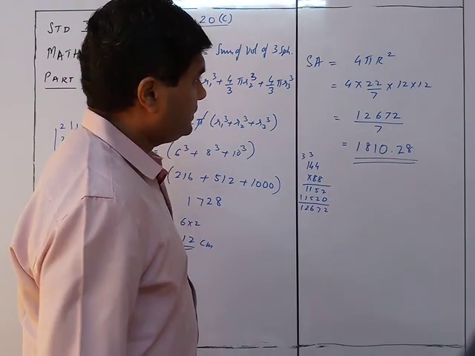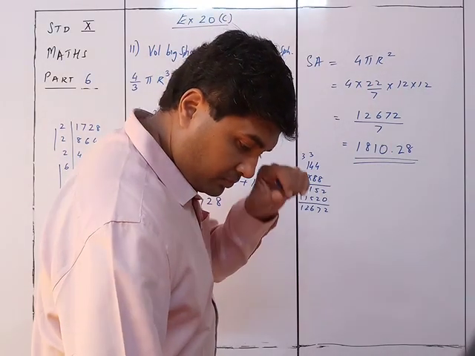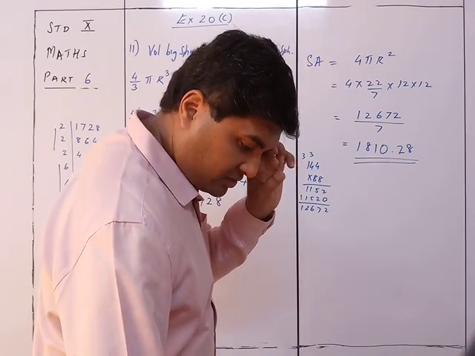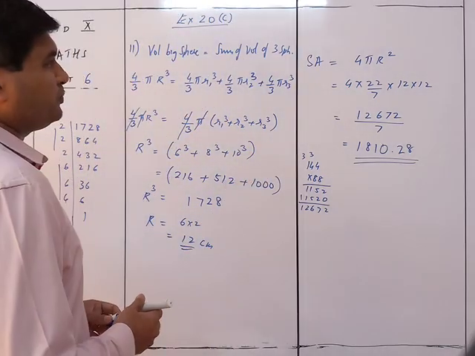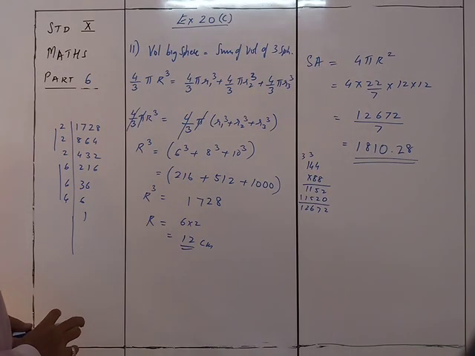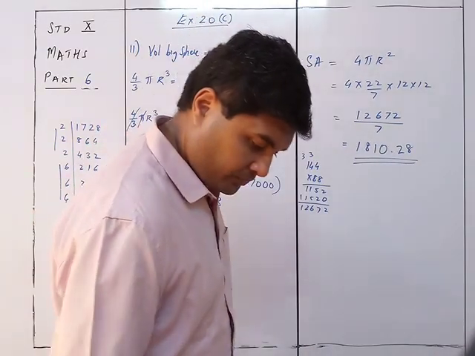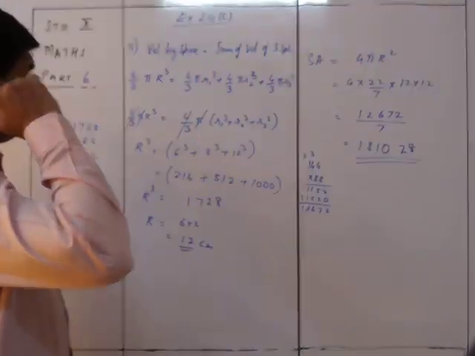Some issue. Let me check. Find the surface area of the solid sphere. Surface area is 2 pi r square. It's not a problem. And then it's 12. Here is also not an issue. I'll just check up what should be the issue. Why should it be different? One second. Okay, yeah, I got the mistake.